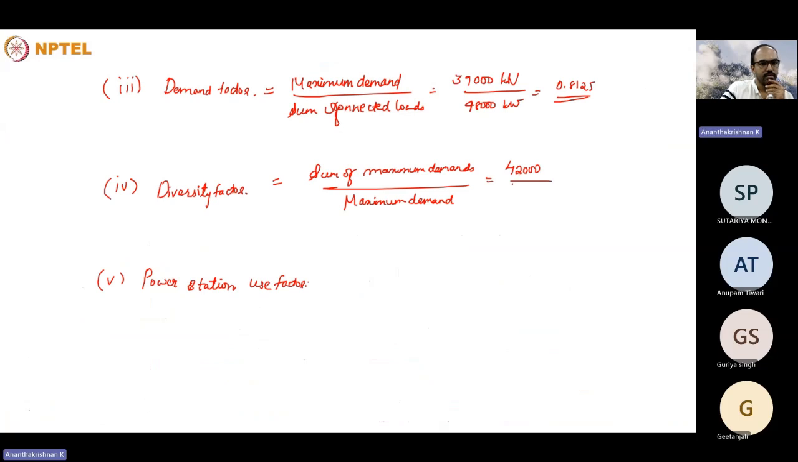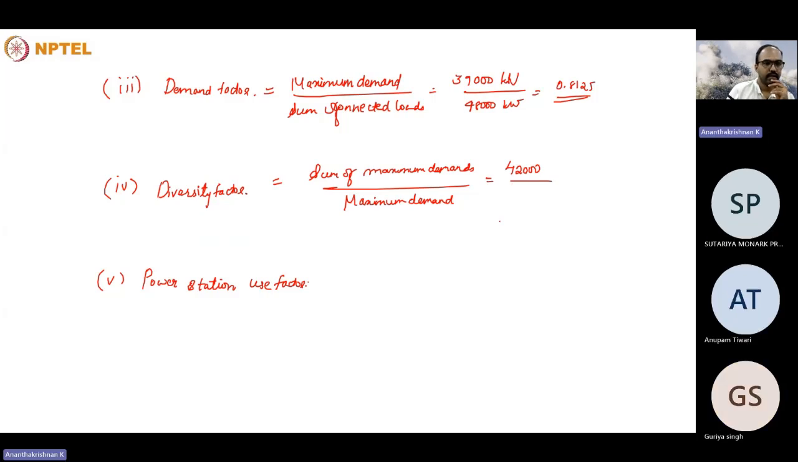So this is 42,000, divided by, this is 39,000. So the answer is 1.077. And the final